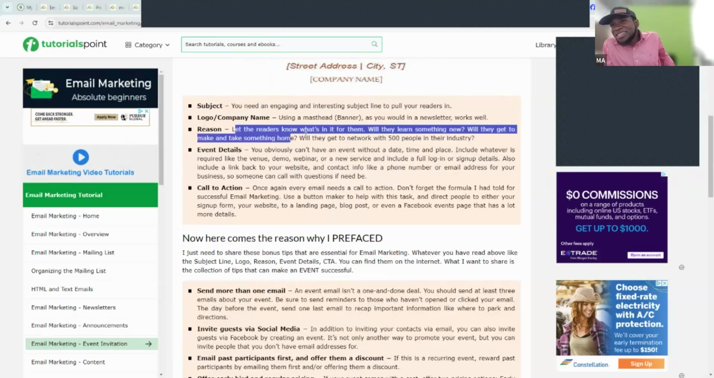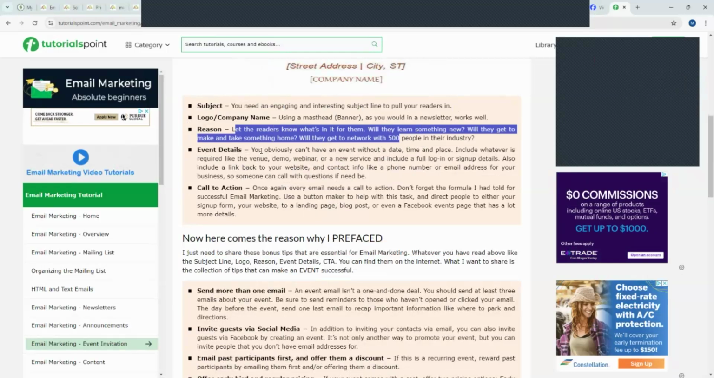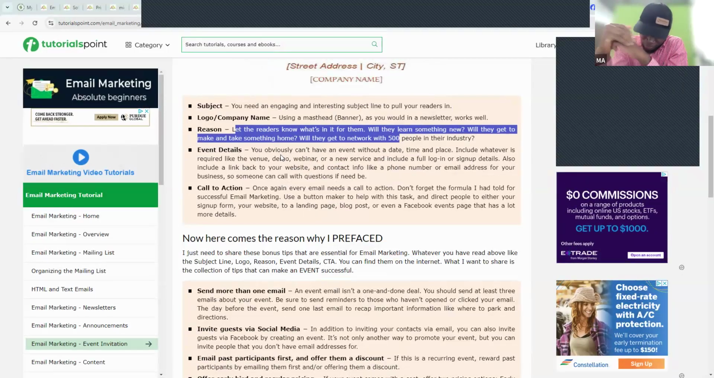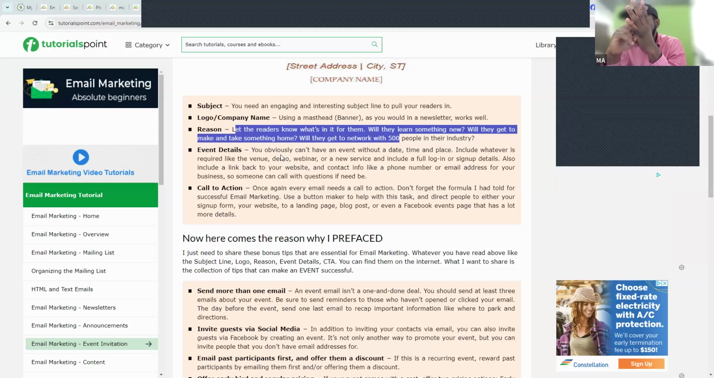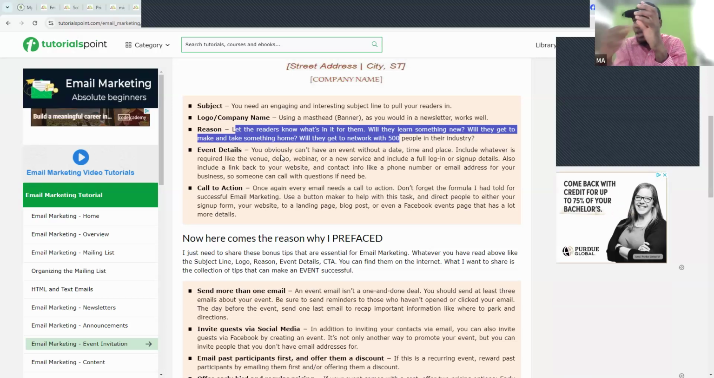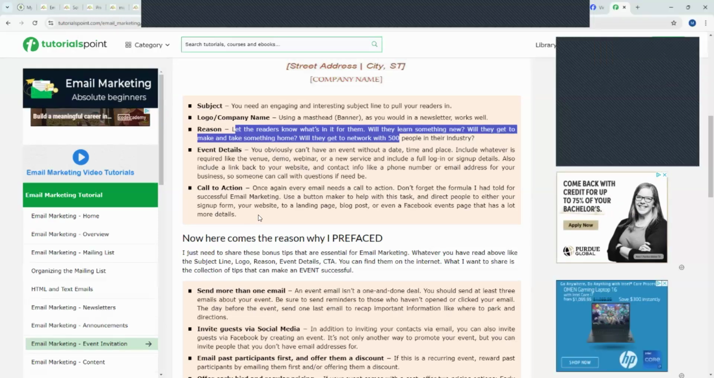Will they get to make and take something home? Will they get to network with 500 people in their industry? Event details. Make sure you list the event date. You obviously can't have an event without a date, a time, and a place. Include whatever is required, like the venue, like a webinar or a new service, or include a full login sign-up page, something